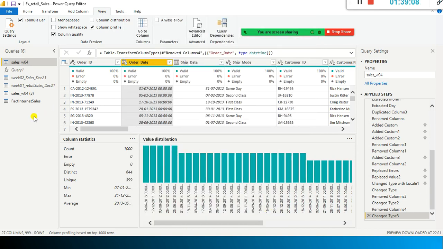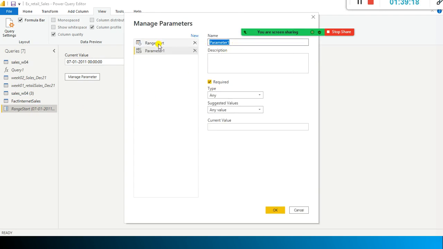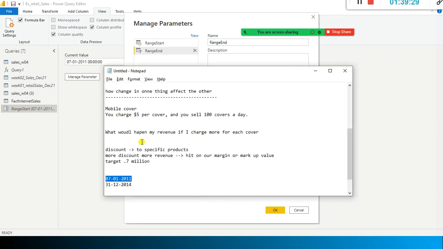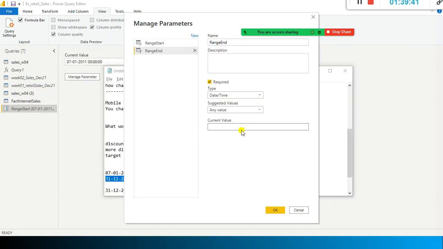Then I'm going to create another parameter, new parameter. So this is a must, range start and range end. You need to specify range end, and then you need to specify the date time, and the next one is the maximum date. So instead of doing the entire thing one time load, I'm going to say 31/11/2014, up to this you load the entire data, one time load. Okay, so you restart, and then we will test it out.